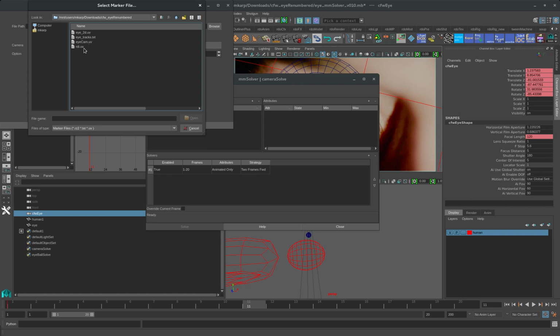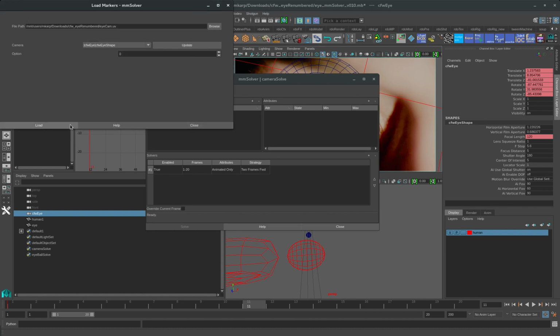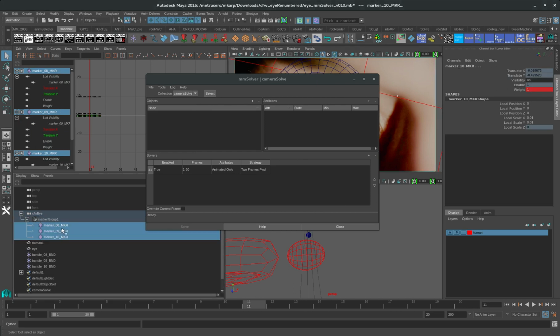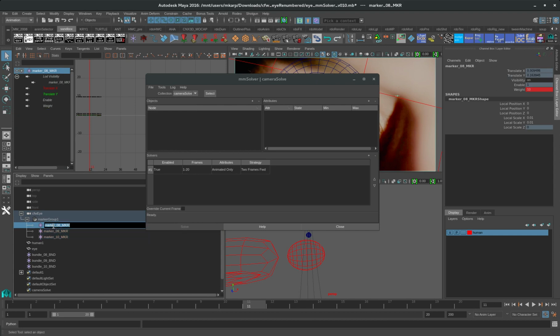And for the camera, I'll use this one here, and then I load it. And then we see here there's 3 different markers, and I'm going to rename these in a minute. Actually, let's rename this one now. Let's call this cam, and MKR means marker. You don't have to use any of these naming conventions, but it's a lot easier if you do. So again, just for convenience,